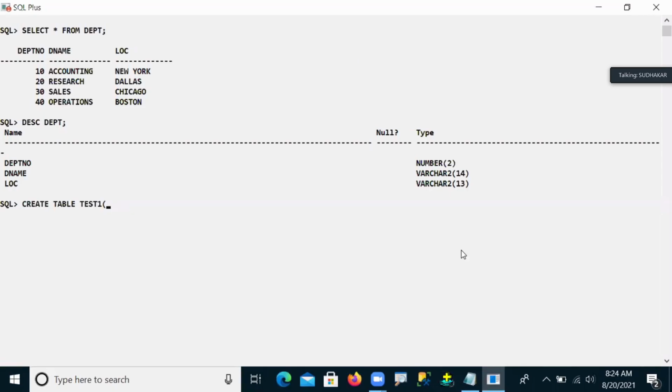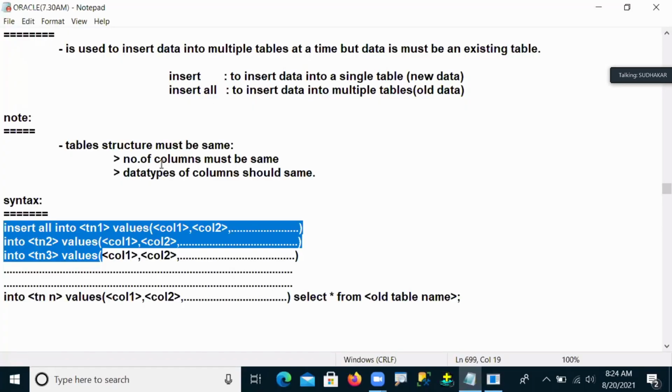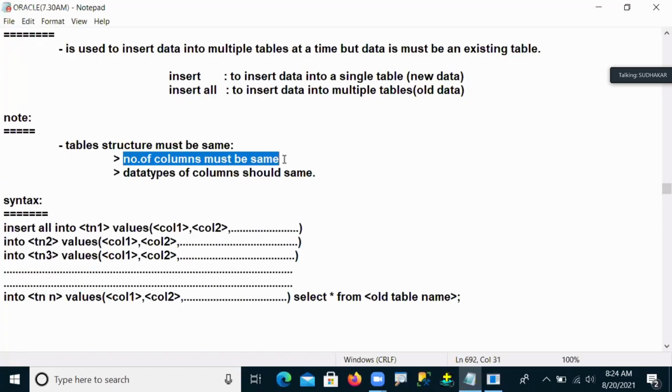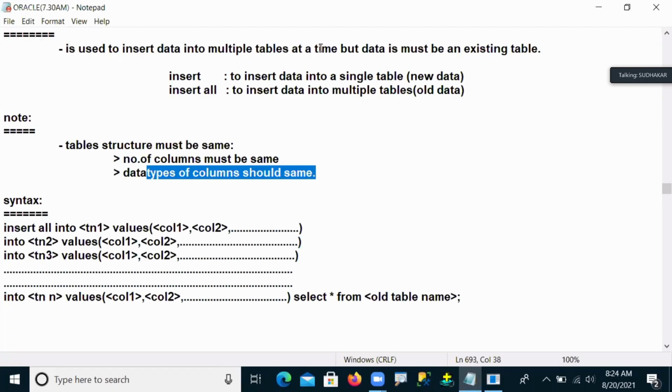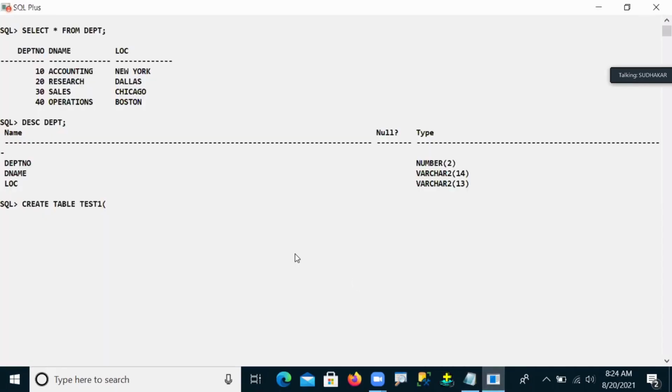What I'm saying here is that the number of columns must be the same and the data types of the columns must be the same. But I'm not asking for the same column names. You can take any column names, there is no problem. Column names do not matter here. The only thing is that the number of columns should match and the data types of the columns should match. These 2 points you should remember, but the column name is your wish.